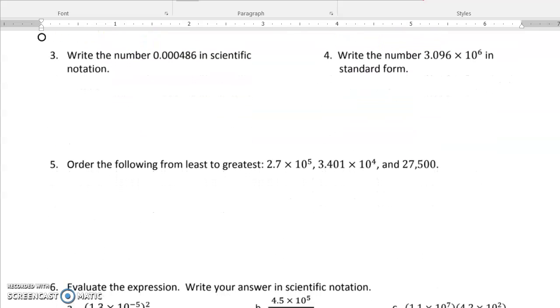When we look at example 3, it wants us to rewrite this number in scientific notation. Right now, the decimal is way over here to the left. We need that decimal to go after the 4, because 4 is the first non-zero number. So, the numerical portion of our scientific notation is going to be